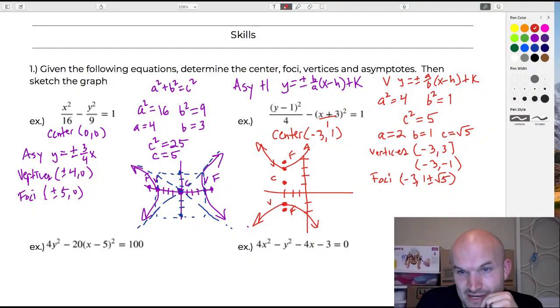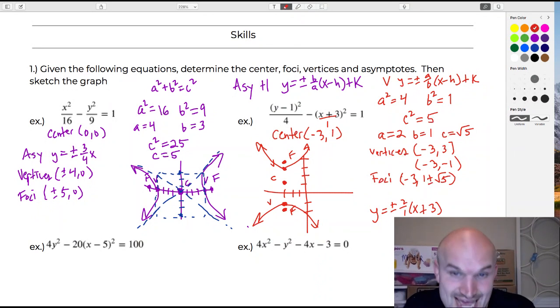We have our value a, which is 2, and our b, which is 1. So I'll just write this out. Y equals plus or minus 2 over 1 times x plus 3. Now we've got to figure out the value of k, which is actually going to be positive 1 plus 1. So therefore the equation, which you could simplify, but I'm just going to leave it in this format,